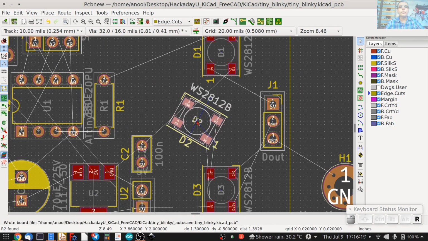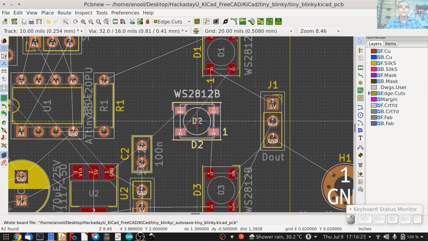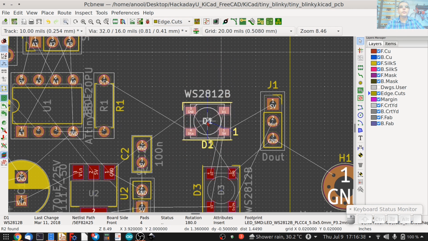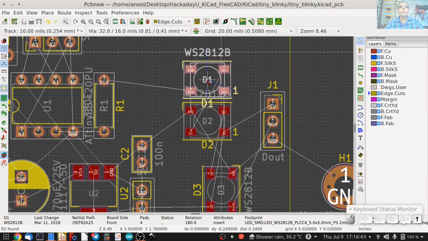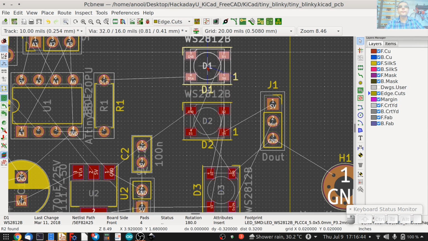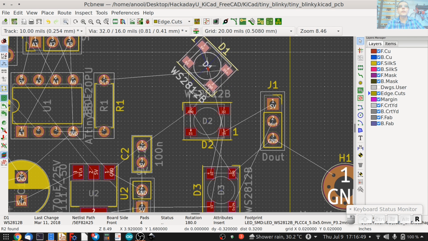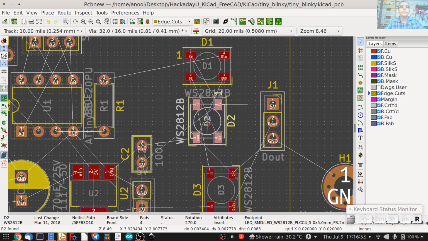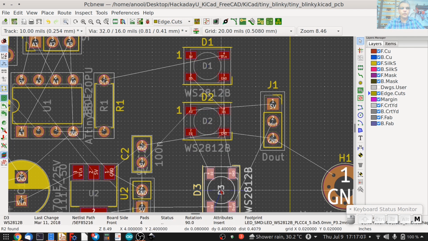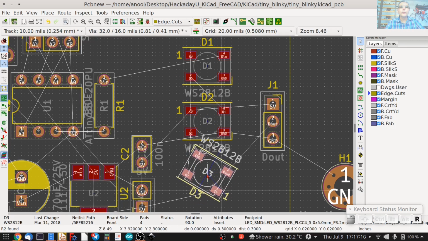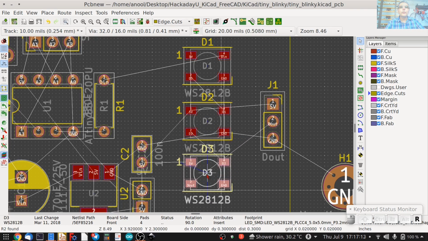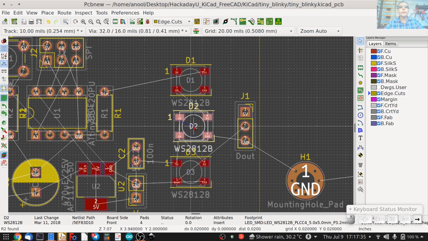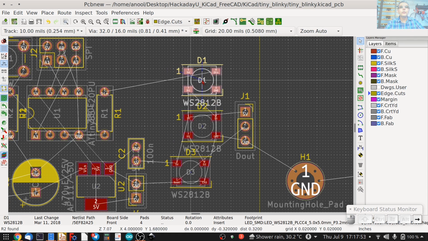Okay, let's try another way. Let's see if rotating them makes it better. Okay, let's move this here, rotate this, and make sure this is 0. So move it here, press spacebar, and move it like so. Okay, it'd be easier if I rotated 180 degrees like so. And then do the same with this, and move this as well, and move it plus 0.32. Probably just move them further like so. Move this as well like so.